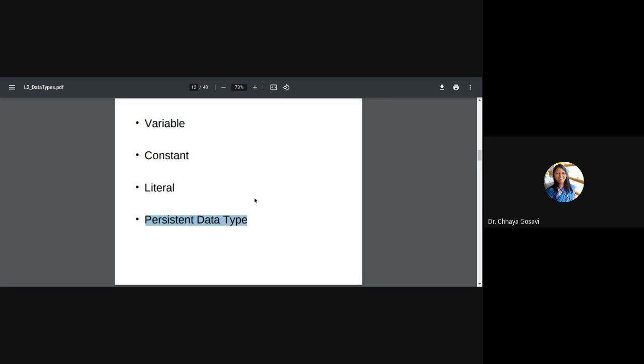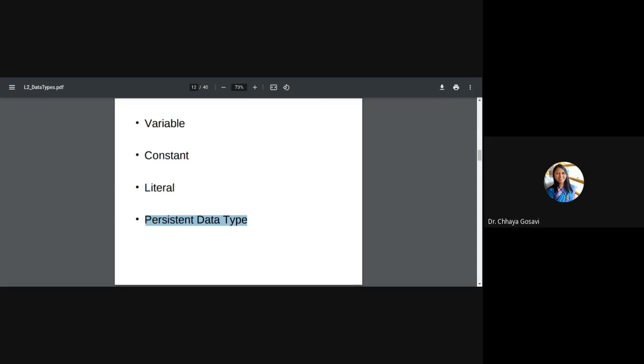Persistent data type: files are persistent data types. It means when we create a file, we add data, we close the file, and when you open the file again, you can find the data is still in the file. Because like any other variable, when you create a variable, assign a value, and use that function, memory is deallocated and the value vanishes. Once you come out of the program and you type A on a prompt, you will get an error, undefined variable A, because now there is no scope for the variable. The value is not there in the variable.